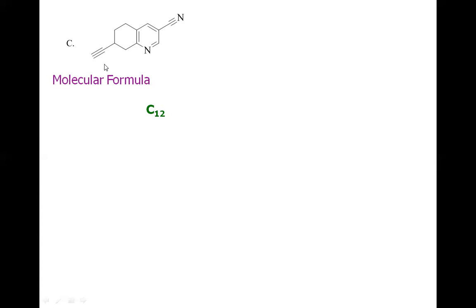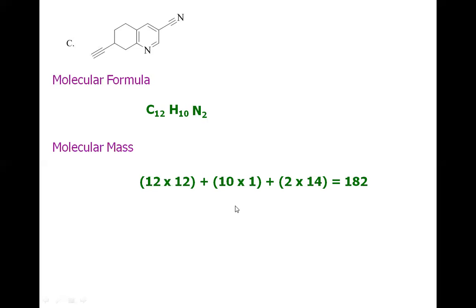Now let's count the number of hydrogens. One hydrogen is here, no hydrogen is here, zero hydrogen, one hydrogen is here. So it makes 2, and 2, 4, and 2, 6, and 2, 8, no hydrogen, 9, 10. So overall we have only 10 hydrogens in this molecule because there are many carbons which are hydrogenless. For instance, this carbon and this carbon, this carbon and this carbon. Now there are two nitrogens as well. So the molecular mass must be 12 into 12 plus 10 into 1 plus 2 into 14,